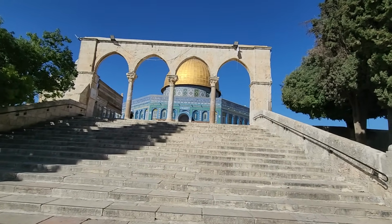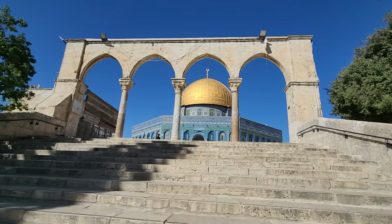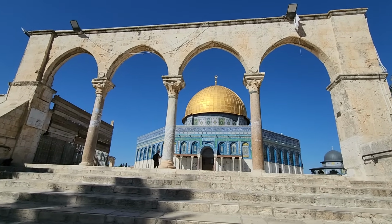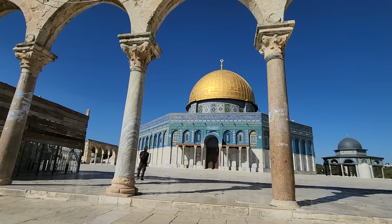What an amazing dome. The dome is made of gold. I know that this is one of the questions that I've always been asked: 100% gold. No figures. This is part of the Islamic way. Then the letters become part of art. And look how beautiful is the blue, gold